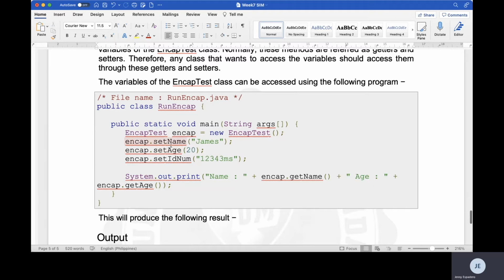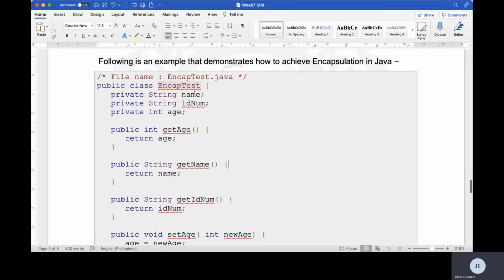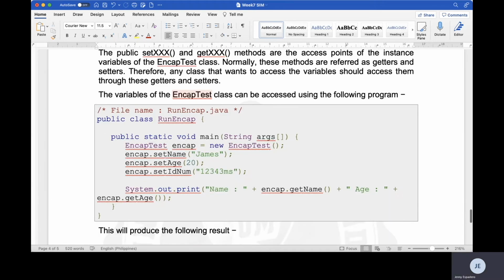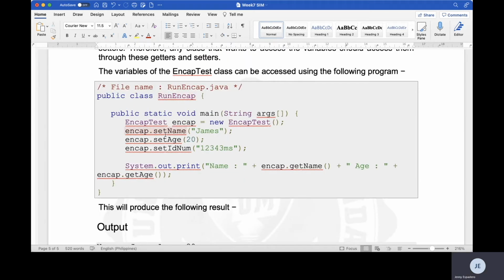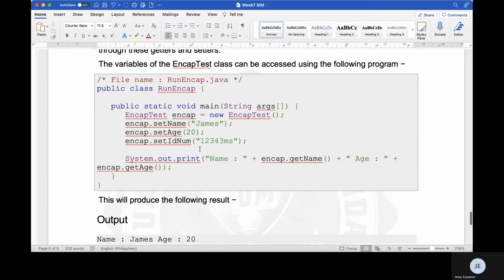So, encap.setName is now setting the value of the attribute name using the setName method or the setter, and then the value of the age attribute is set using the setter method, which is setAge, and also setID. And so when you're going to display these values, ito si James, si 20, saka 1, 2, 3, 4,